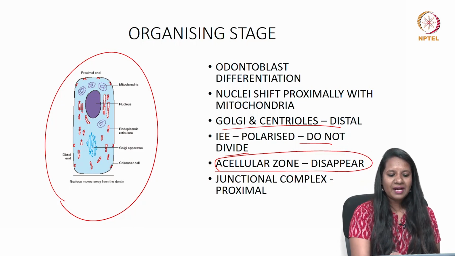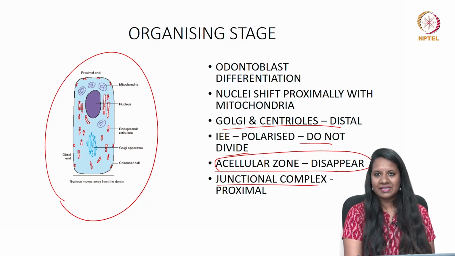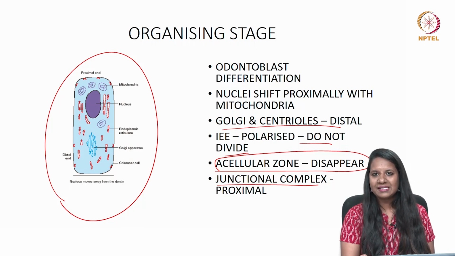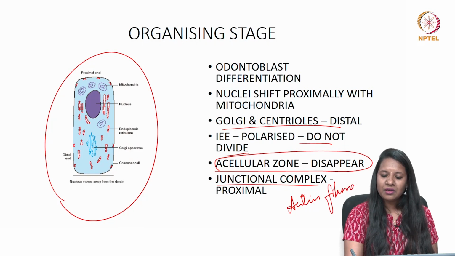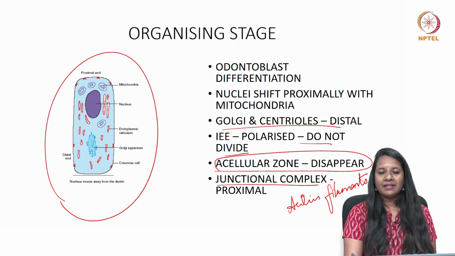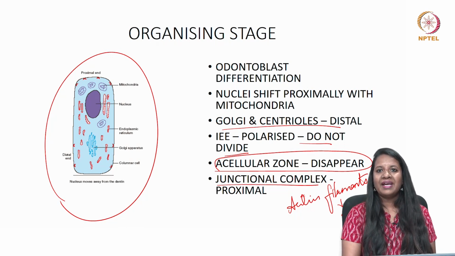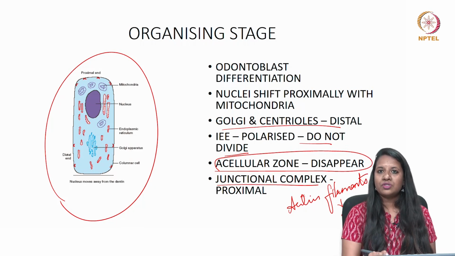Then these ameloblasts will come closer together by the formation of specialized structures called junctional complexes. They will be present both at the distal and the proximal end, namely the distal junctional complex and the proximal junctional complex. These junctional complexes will have actin filaments, which will radiate from here into the cytoplasm of the ameloblast, and then it will form something called the terminal web. The purpose of this terminal web is that it keeps the ameloblasts attached together till the formation of enamel, and it also decides what goes in and what goes out of the enamel during its formation.